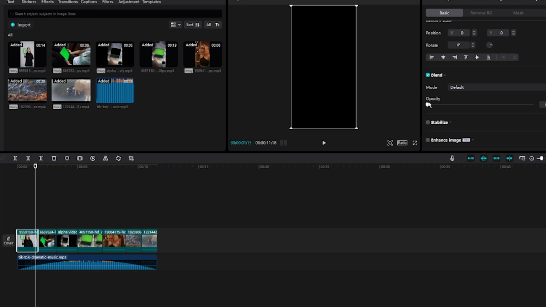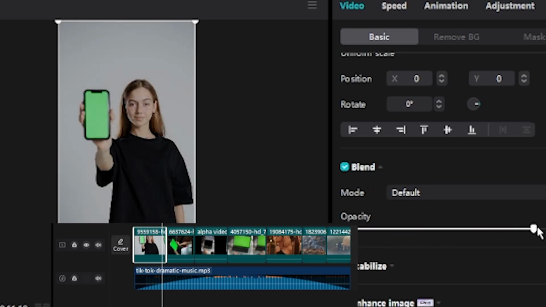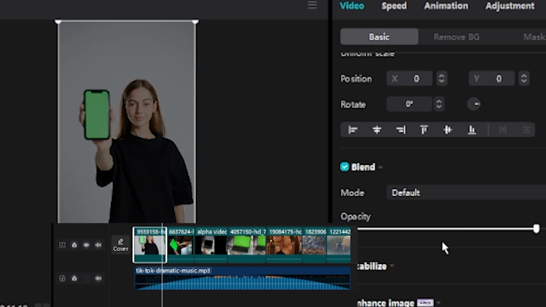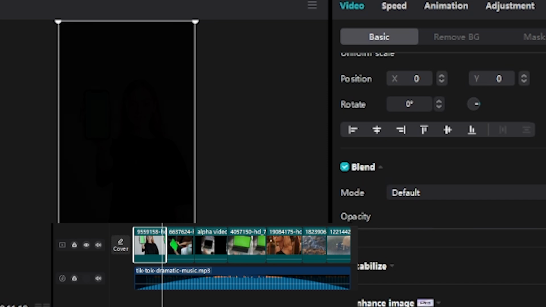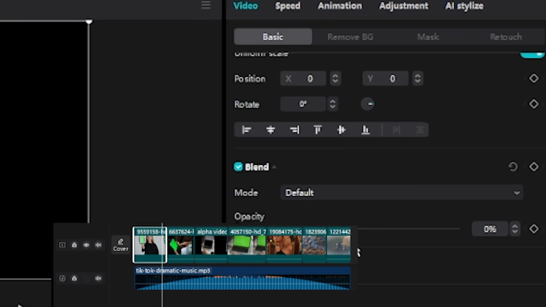And under opacity, you can click this and slide this to the right, and notice that it will fade in, or if you fade it out, you slide it to the left and it decreases in brightness or opacity. Now let's say we want this to fade in, so it's at 0. You want to make sure to click this, which is the keyframe icon, this diamond icon, and now we have